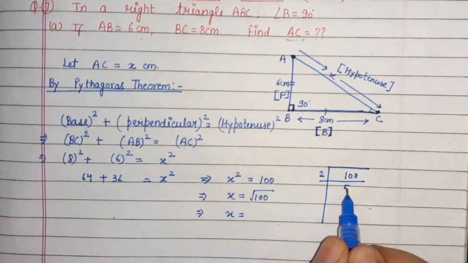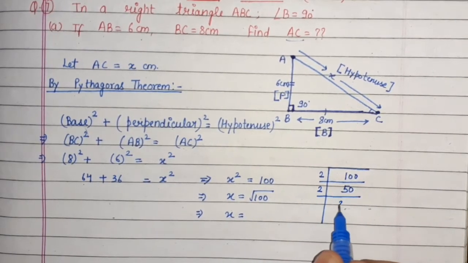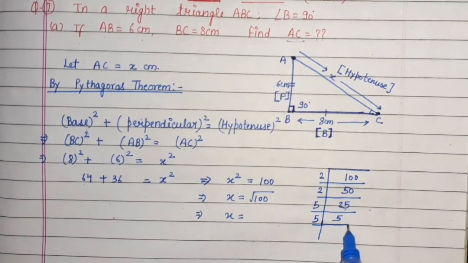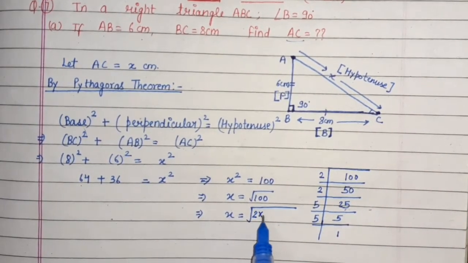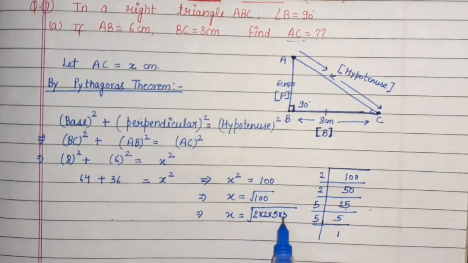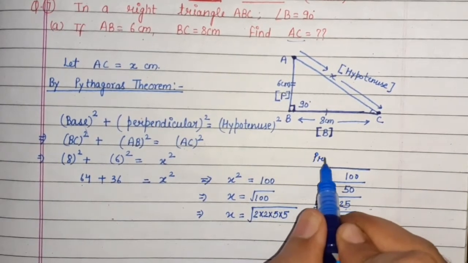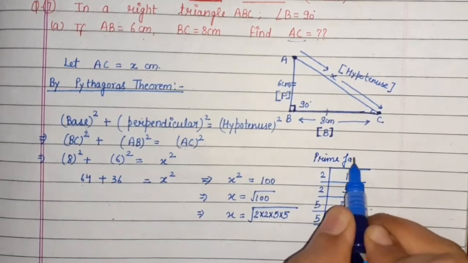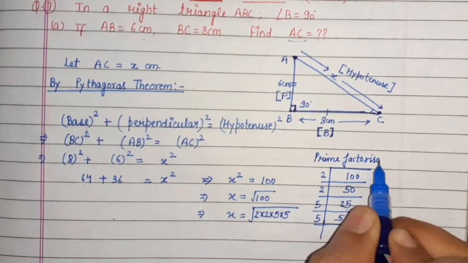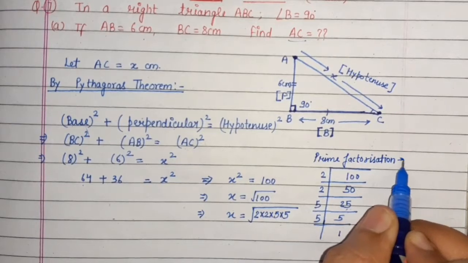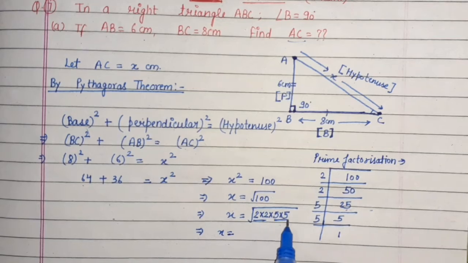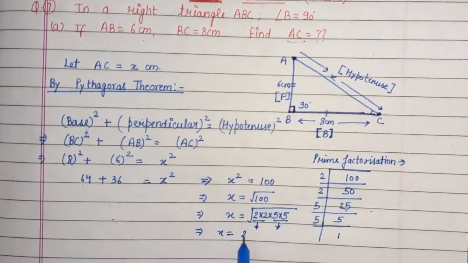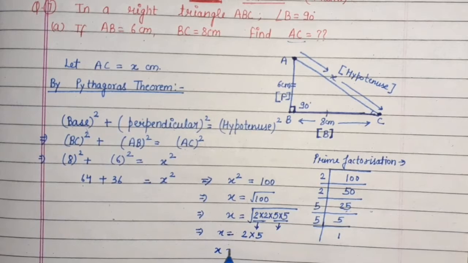So here I am doing with prime factorization. 50, 25, after that with 5, and we all know root 100 is equals to 10, but in fair notebooks or exams you have to find it with prime factorization. Now we have done so many questions how to find. Just make the pairs and take out one number outside. So 2 into 5, X equals to